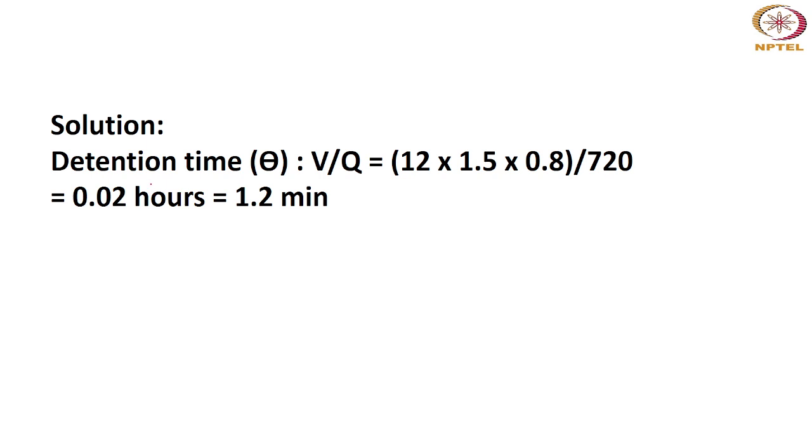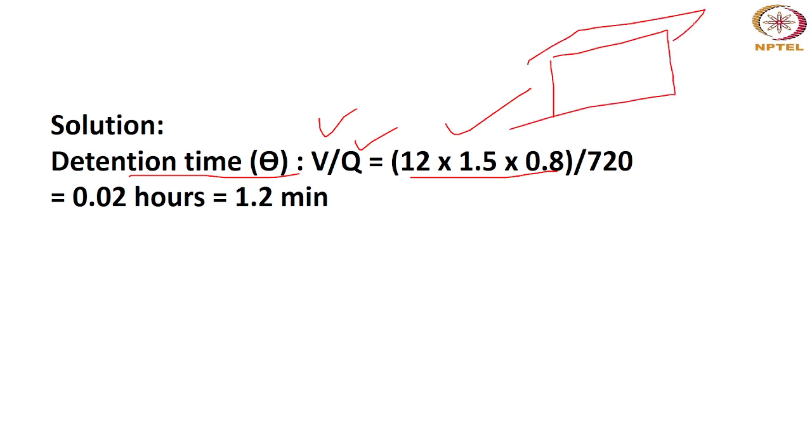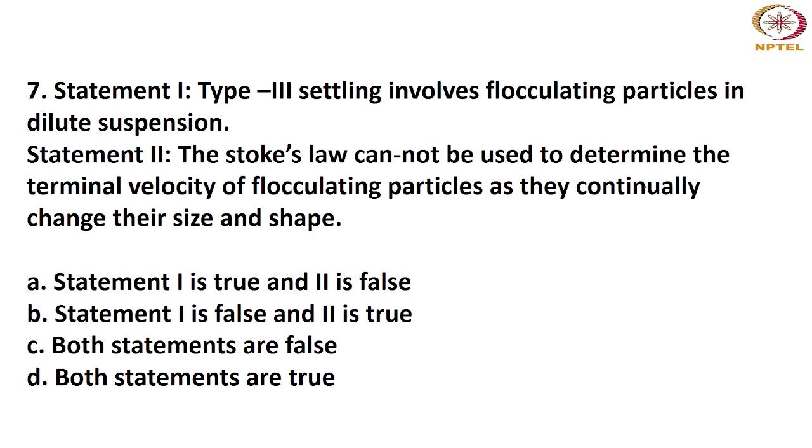So the detention time is very easy. That is nothing but the volume divided by my flow rate, and the volume was 12 multiplied by 1.5 multiplied by 0.8. That's my tank volume, divided by 720, which is my flow rate. I'm getting 0.02 hours. So the next one,